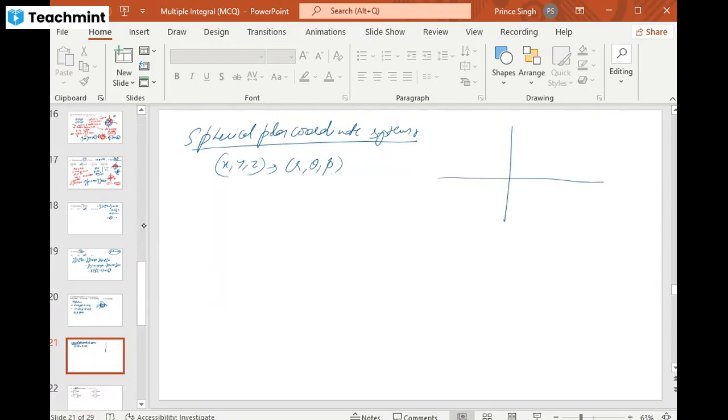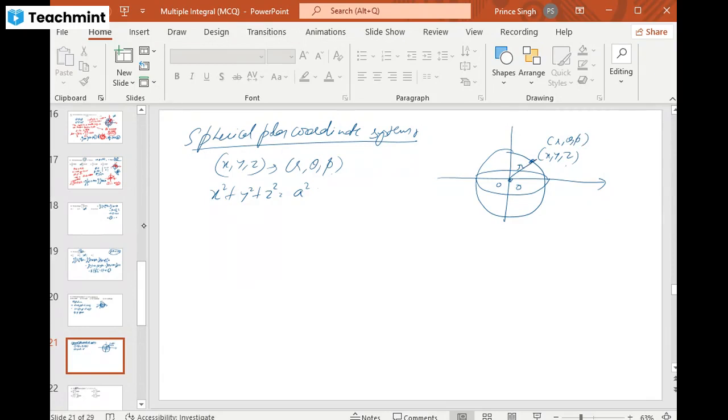So say this is the origin, and I'm assuming the sphere as x square plus y square plus z square equal to a square. So this is a sphere whose center is origin and radius is a. I'm considering any point on the boundary of the sphere as x, y, z. If I want to transform into the spherical polar coordinate system r, theta, and phi, firstly I join this point with the origin, and say this distance is r,